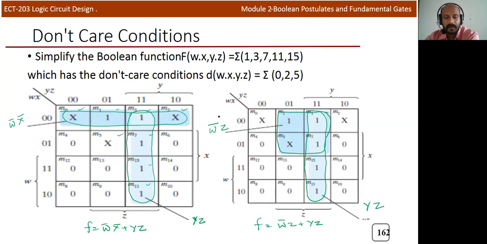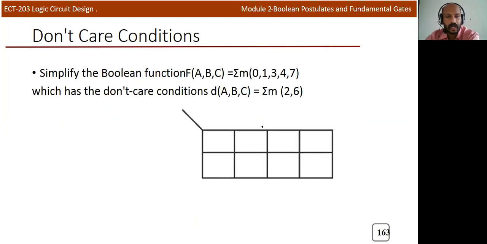Okay, so we can expect more than one solution for a K-map question, or for a Boolean expression. So you don't expect a unique solution for all the problems. Okay, that we will discuss later. So you got two solutions in this particular case. And now we'll consider the don't care condition for this particular problem for a 3 variable.